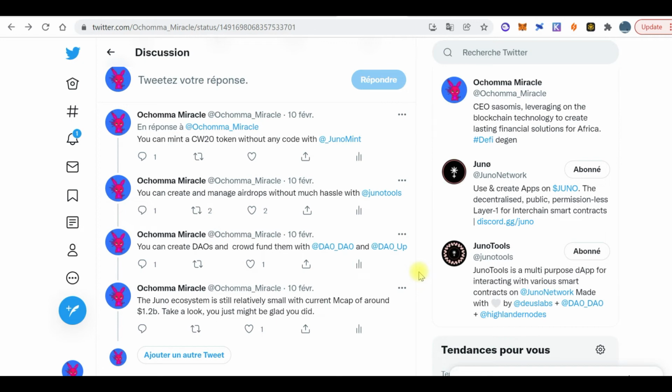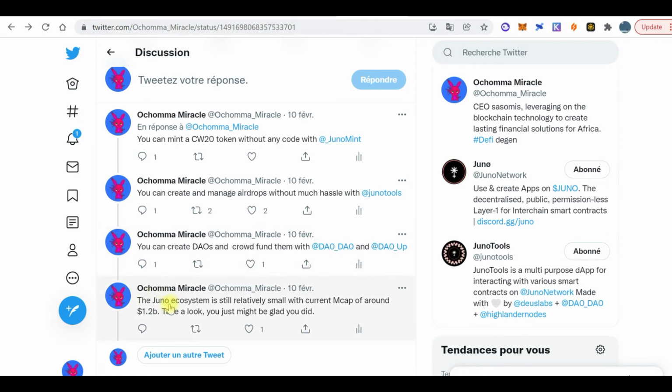And so if you are getting into the Juno ecosystem, knowing that this project made use of the tooling from DAO or DAO up to crowdfund their project, you somehow know that they are very serious-minded people and they can't really run away with your money, because you still have access to your money, right? You can vote to release these monies when you wish to, and all that good stuff.